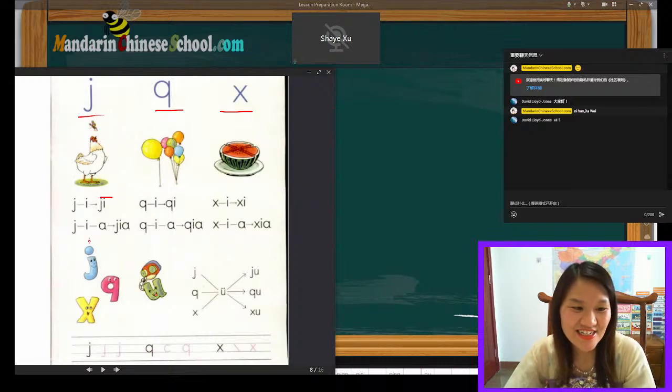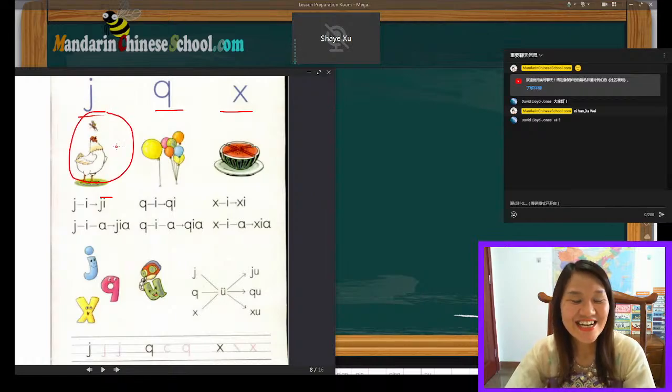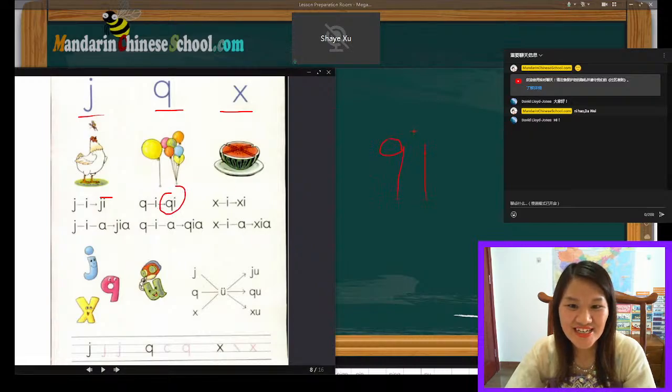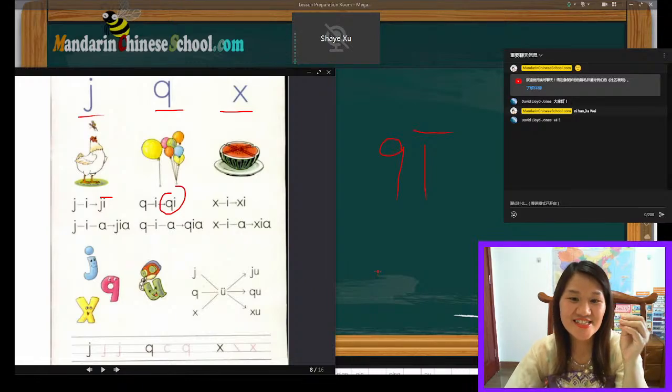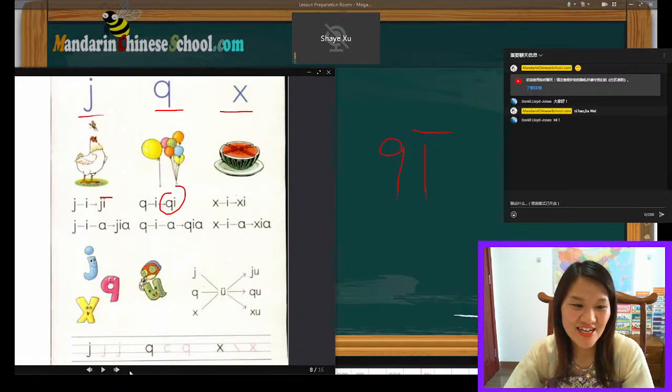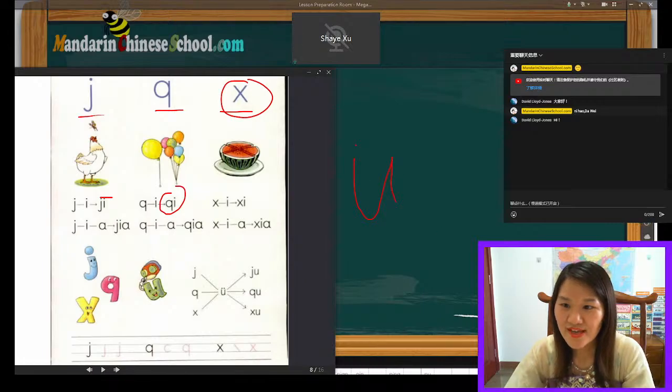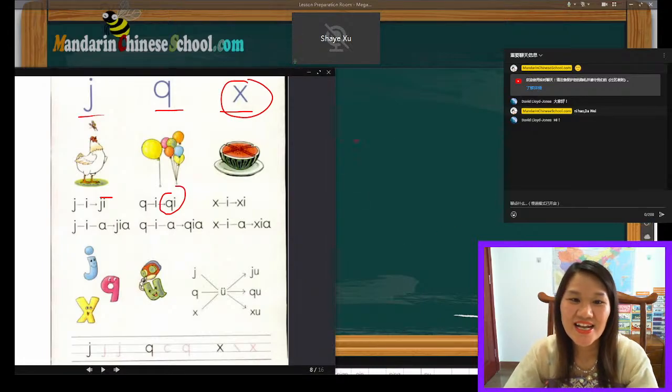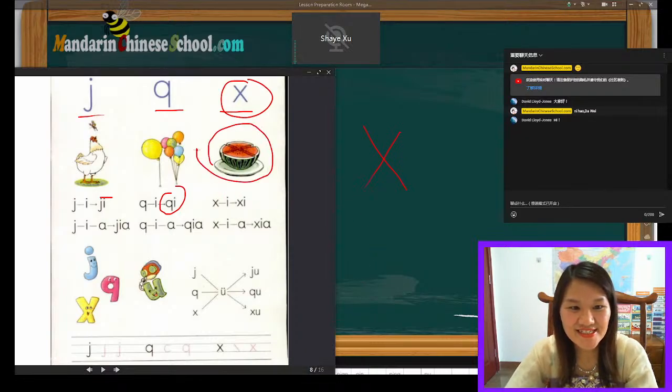Chicken is a ji. 我喜欢吃鸡肉。鸡。这个呢读七，对吗？七，你可以说吗？Can you say 七？And then this one, this initial, it's a 西。As in 西瓜